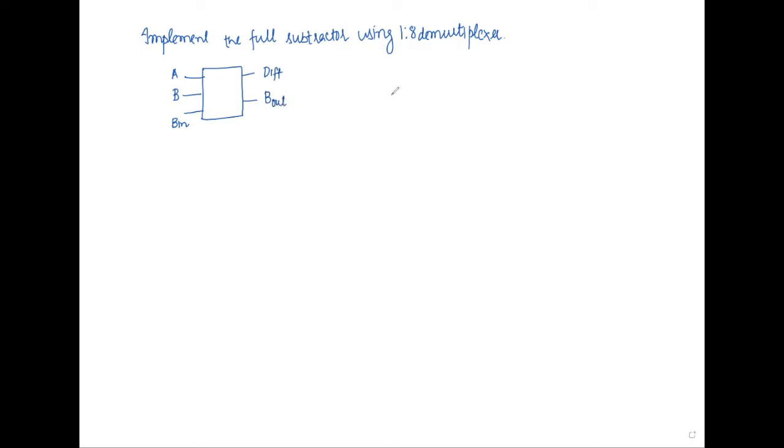Okay. So after doing all the design steps, your Boolean expressions and all, you end up with the difference for A, B, and borrow in being given by sigma m 1, 2, 4, and 7.